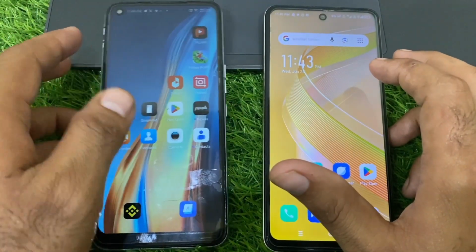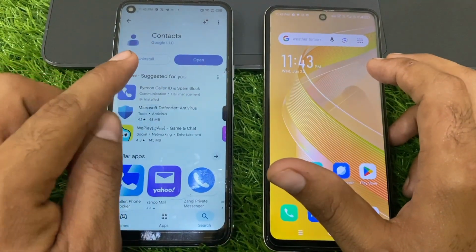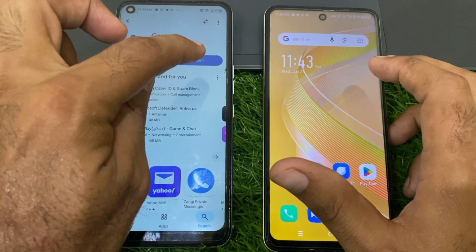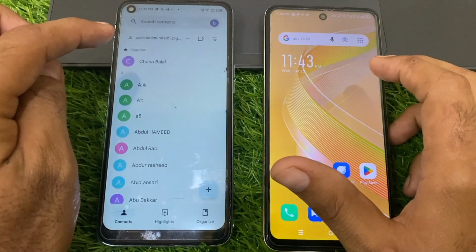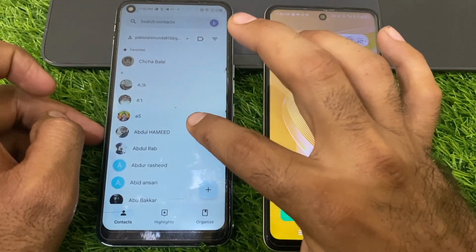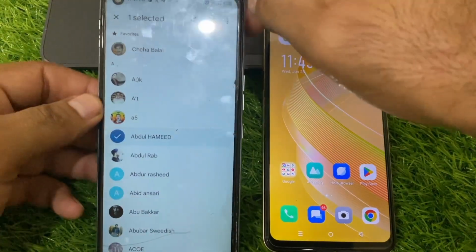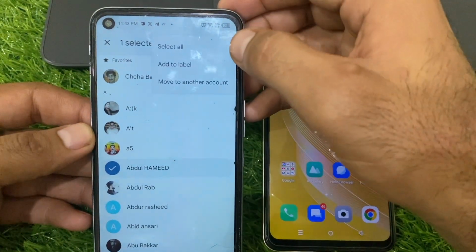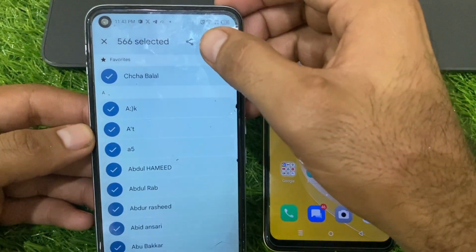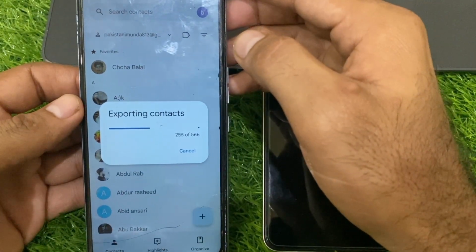So guys, first of all, open Play Store and download the Google Contacts application. Open it after downloading, and here are all my contacts. Simply press any one contact, click on the three dots, and select all. Now simply click on this share icon. Now wait for some seconds,